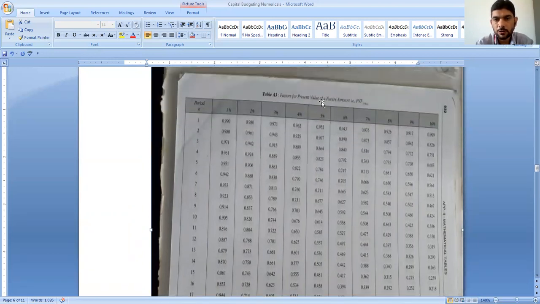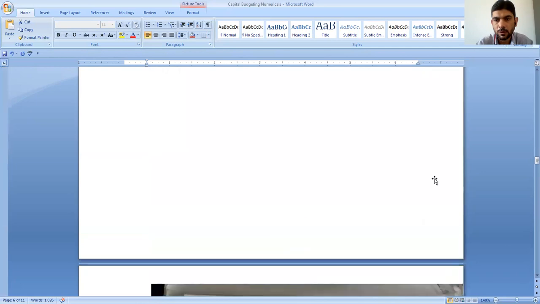This is the present value factor table representing the number of years and percentages of different levels, that is 1% to 10%. For year 1 we are having the value at the end of year 1, that is 0.909. For the next year we are having 0.826. For the third year, we will be having 0.751, and so on till year 5. So we have to use this table in our format.